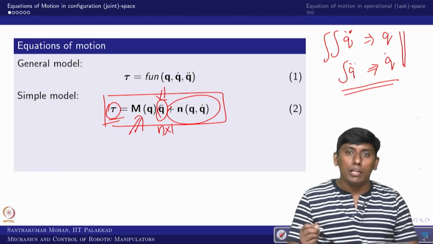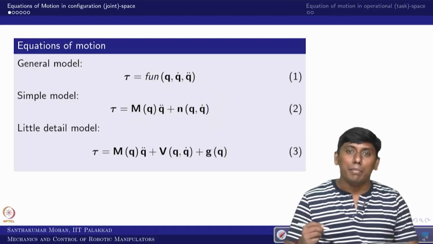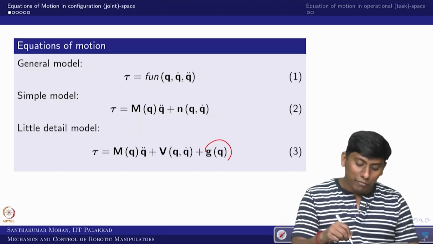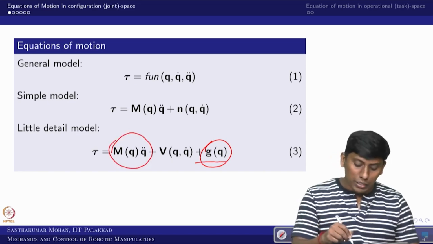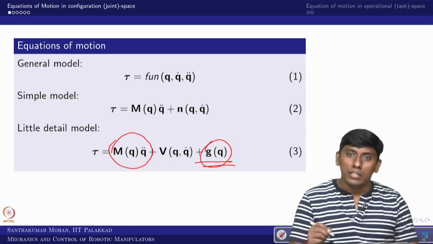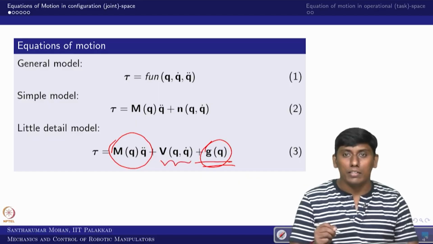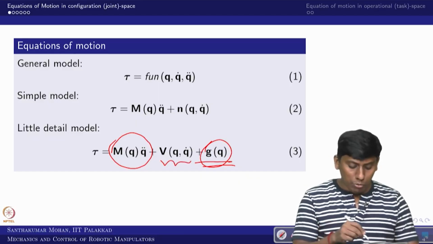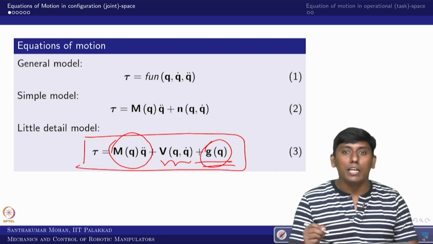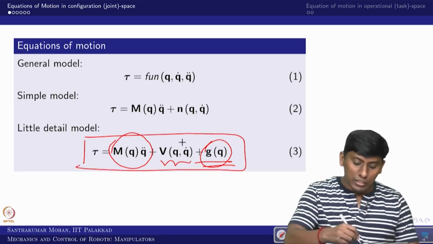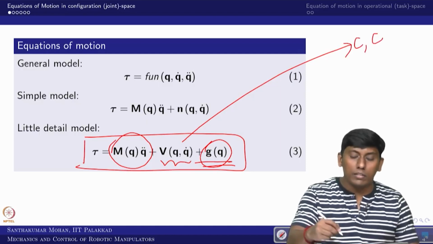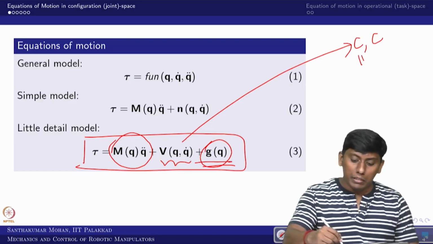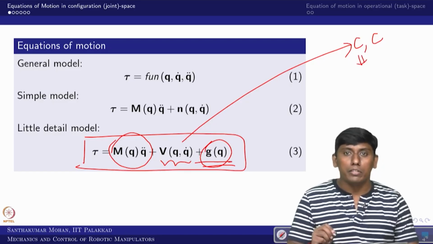Some people make it even more detailed, where they separate the gravity. We have already separated the inertial term, so now we can separate the gravity term. Whatever is left we can call other effects, and I put that other effect in a capital V as a vector. So this is the little more detailed model. This other vector would have further components as centripetal and Coriolis components, and you can even bring in friction. But right now we are not bothering about friction,